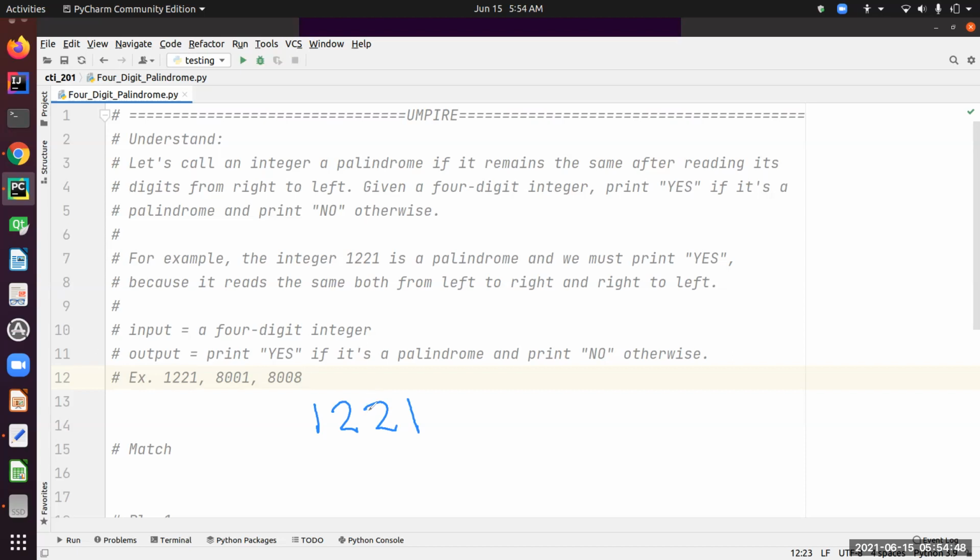We know what a palindrome is. Let's see if we can see a pattern here. If you look carefully, the pattern is evident. The middle two digits are equal to each other, and the two end digits are also equal to each other. So this is a palindrome. Now if we take the next number,